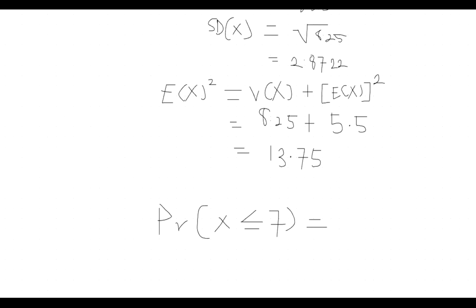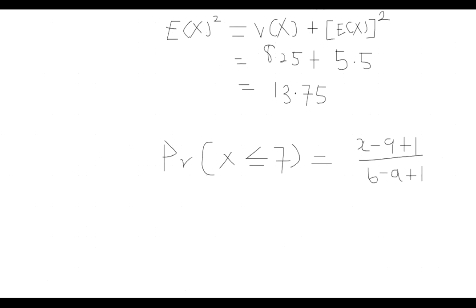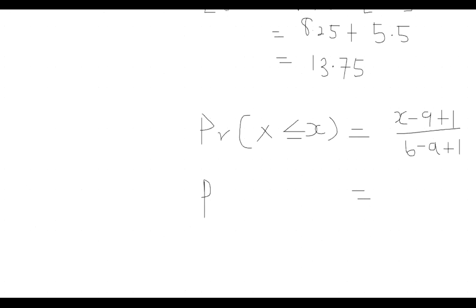So in this case, we could go by saying this, and then we just have, what is x in this case? X is 7. So let's put a general formula for that first. We'll have x here. And then now we'll come up to say, okay, the probability that x is less than or equal to 7 will now be 7